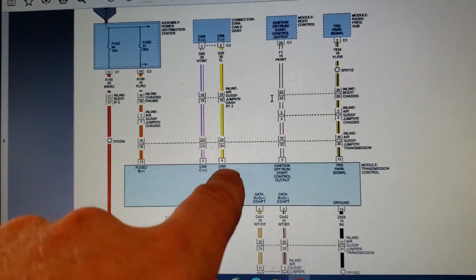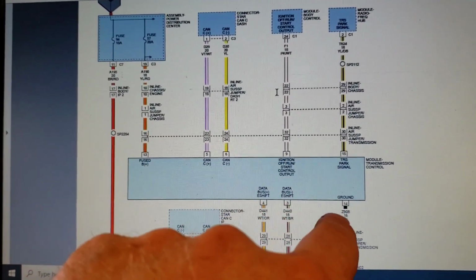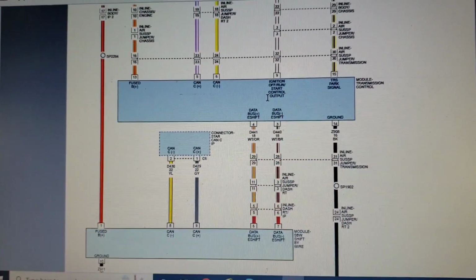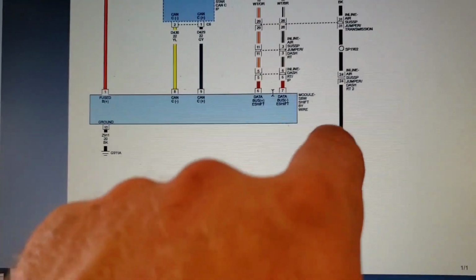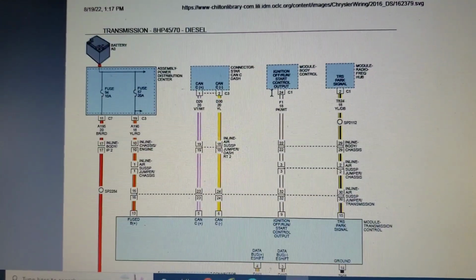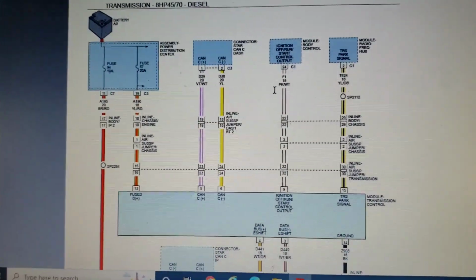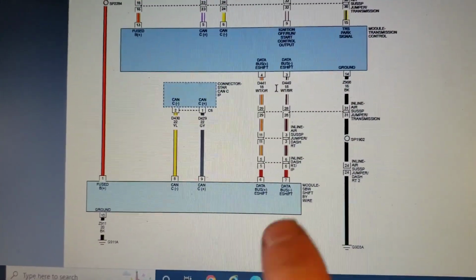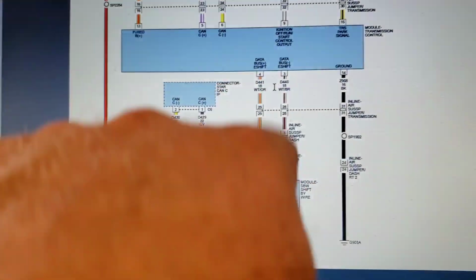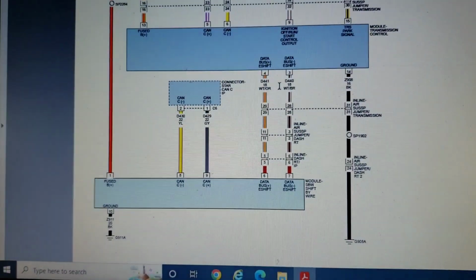But I checked CAN high, CAN low, we'll talk about all that. Check the ground. But down here, so that's your TCM. Down here's your shift module, which is a different fuse, and I checked that. We can talk to the electronic shift module. We can't talk to that. Well, the shift module has to talk to the TCM via these data bus lines, and that's why we have